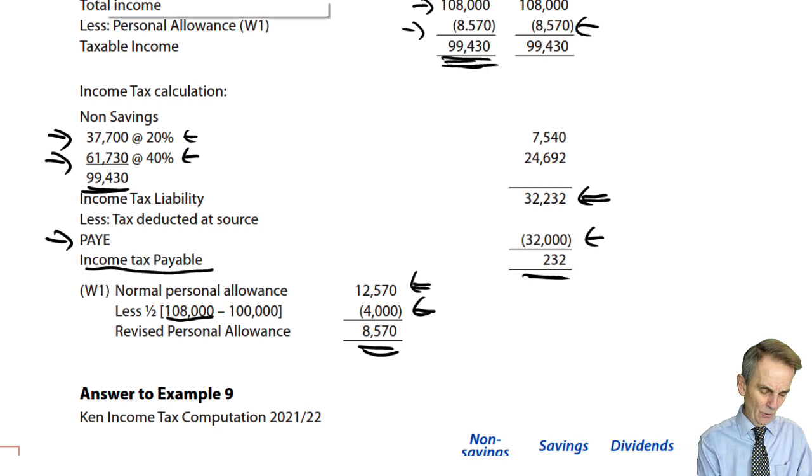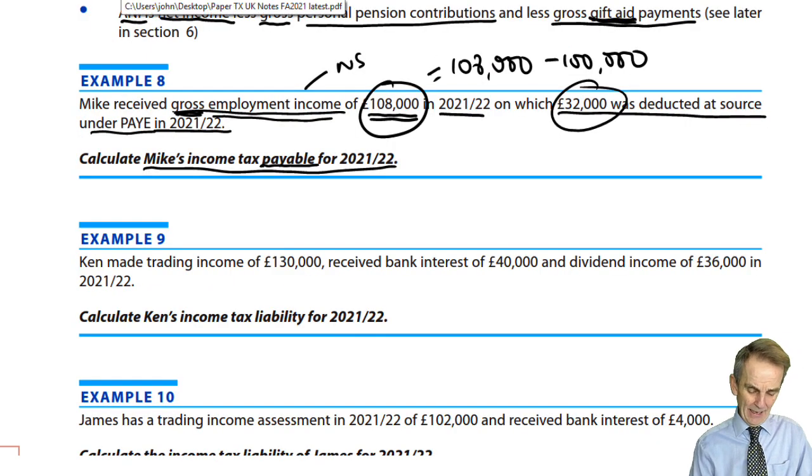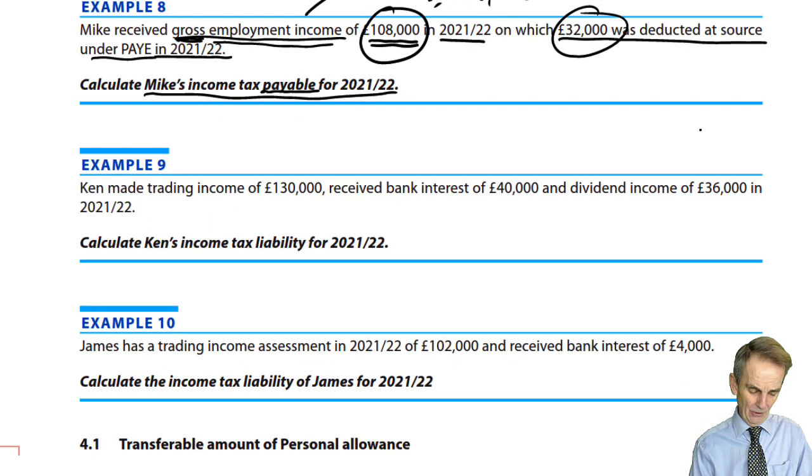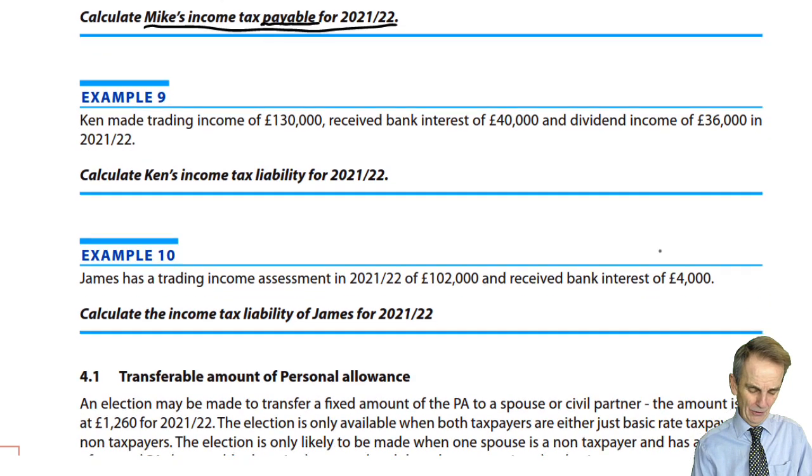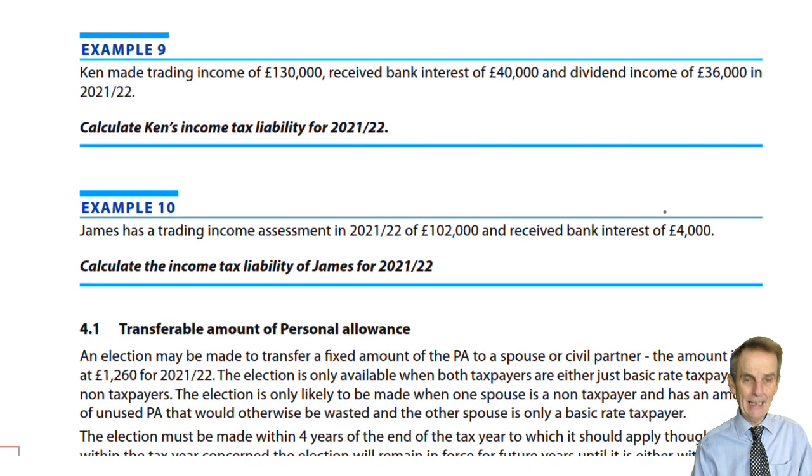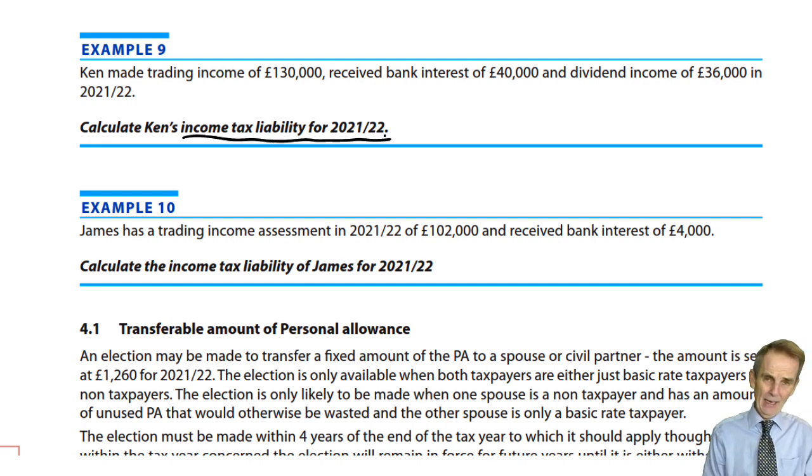Okay, let's just go back to our study note. And as you can see, as night follows day, yet another example follows on from example 8, being, strangely, example 9. This time it's just the income tax liability for our tax year. Let's see what we've got here. First of all, trading income. So that's non-savings,